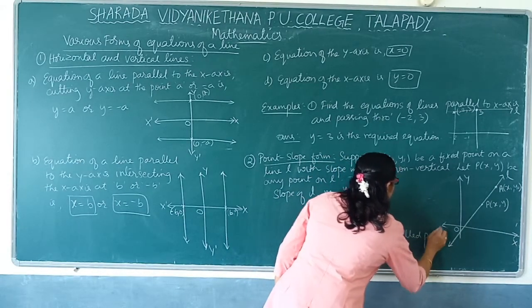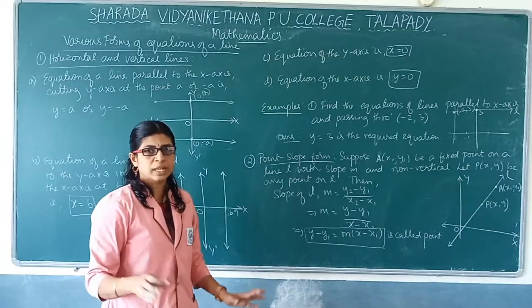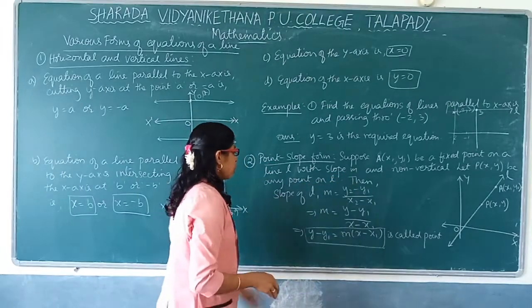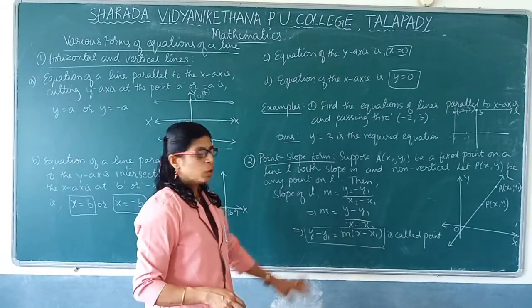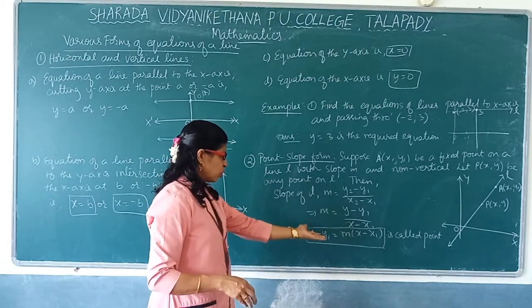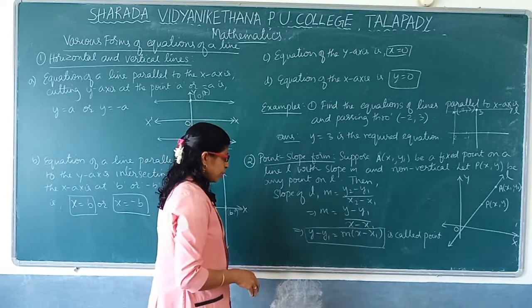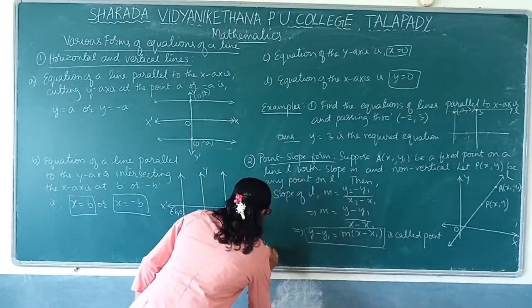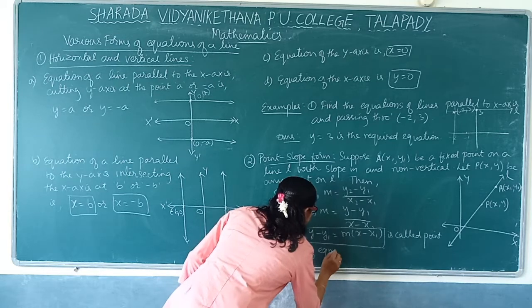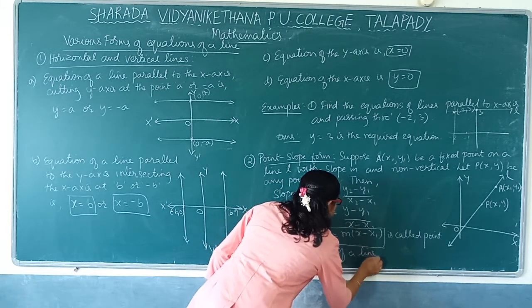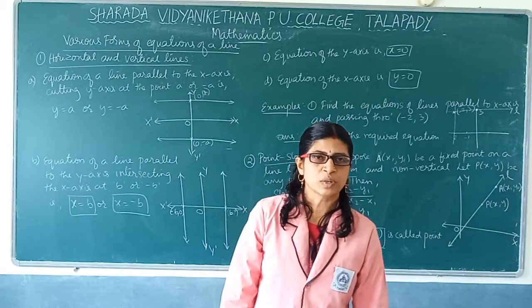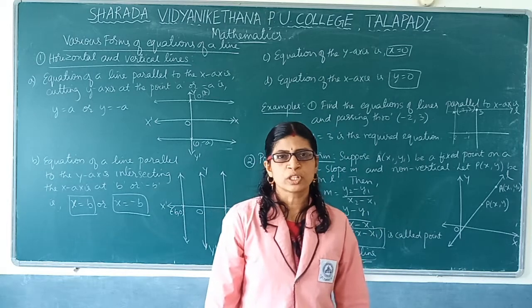Point slope, both have meaning here. Point means a point is given on the line, and the slope of the line also is given. What is the slope of the line here? m. When x1, y1 and m of the line are given, we can use this formula to solve problems and find the slope value or anything. Whatever is asked in the question, you can apply this formula. It is called the point slope form of equation of a line. Very important formula, you have to learn it thoroughly. y minus y1 is equal to m of x minus x1.